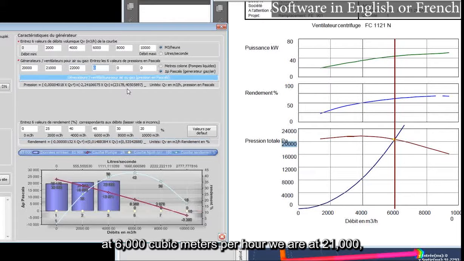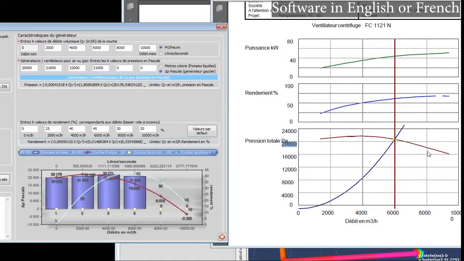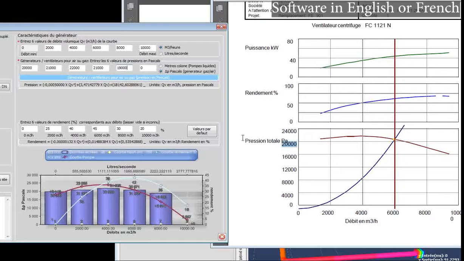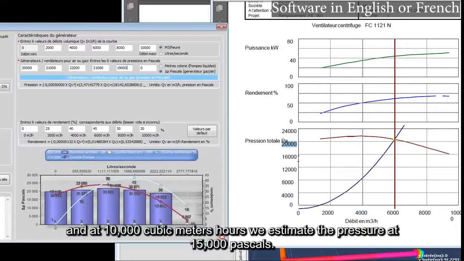At 6,000, we are at 21,000. At 8,000, we go down to 19,000 pascals. And at 10,000 cubic meters per hour, we estimate the pressure at 15,000 pascals.